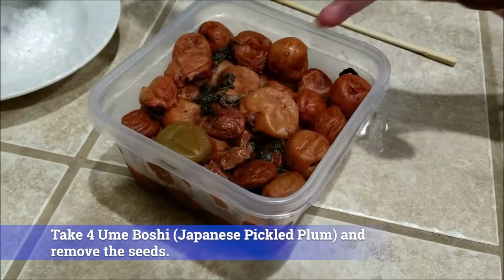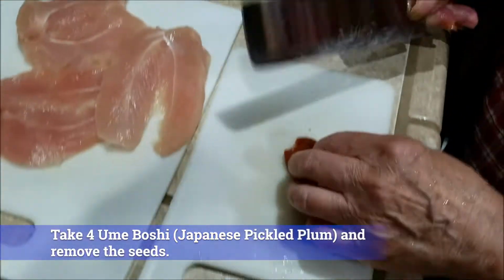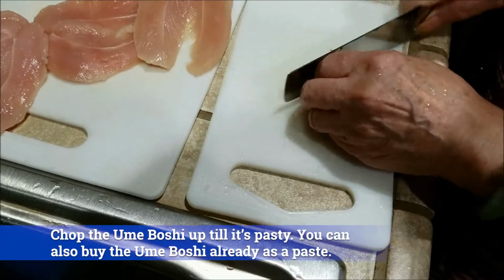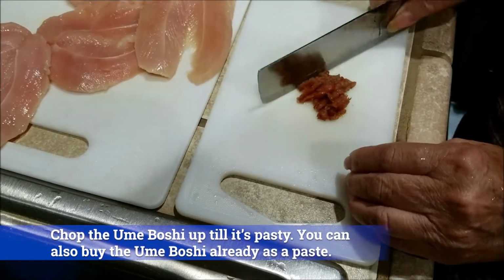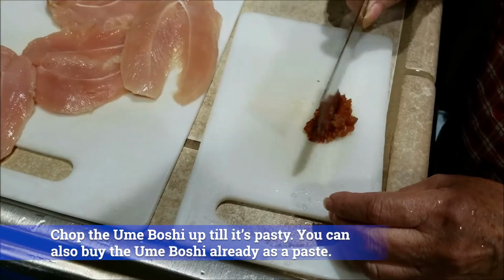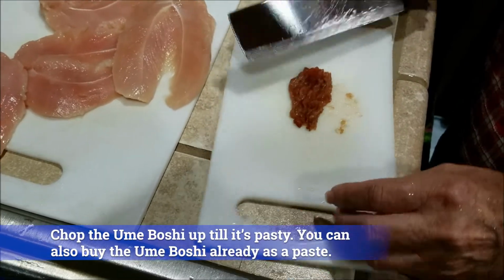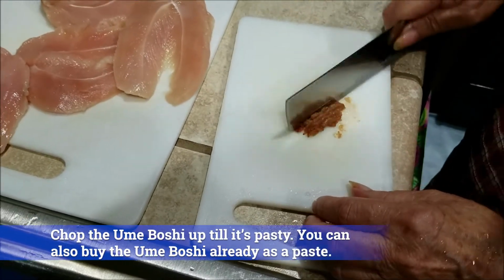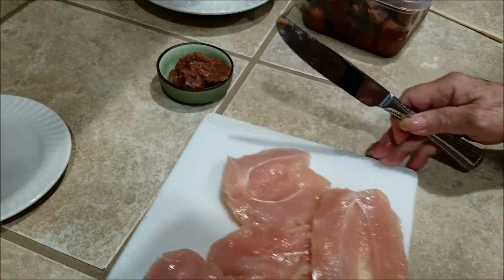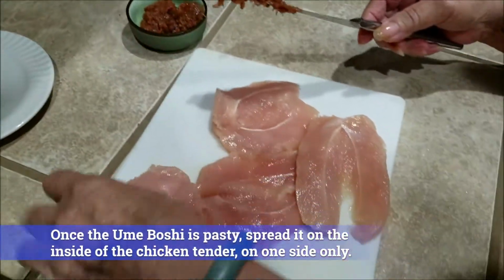Traditional Japanese ume boshi, or pickled plum, that you can find at any store. And you chop it and make it into a paste. Plum paste, which you can also buy already made in some stores. Once you've made all your plum paste, you use about 1 plum